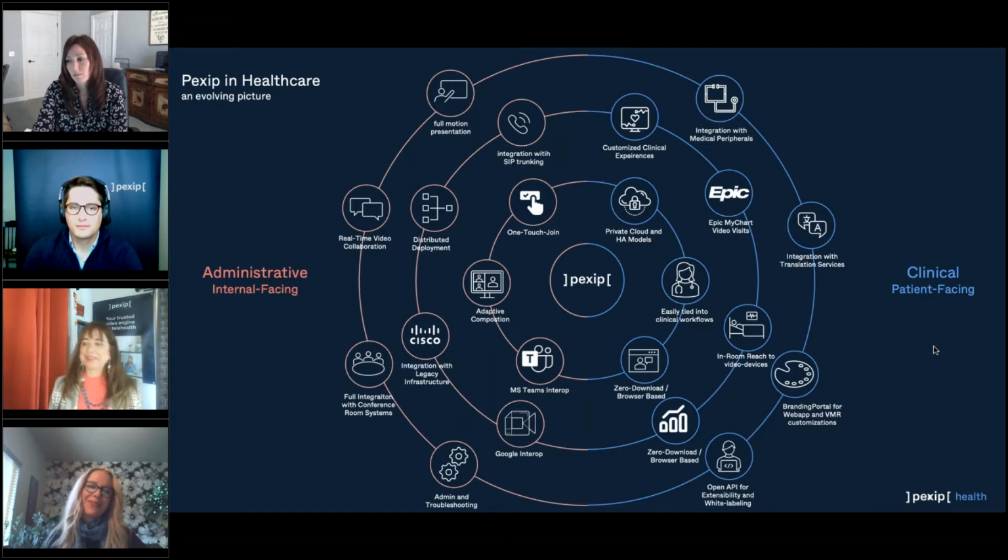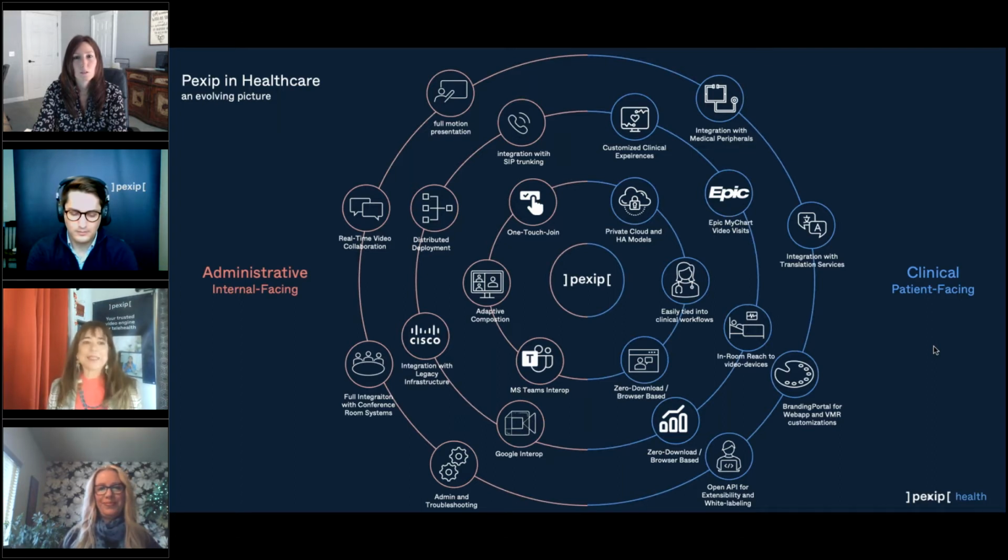Yeah, absolutely. And this is kind of a busy slide, and I'm happy to send it to anybody. Pexip does a lot of things on the administrative side as well as the telehealth, telemedicine side, and this kind of shows all of our touch points. But a question we always get is, how can Pexip handle all these virtual care interactions? I mentioned earlier about 50% that are conducted out there, and I've never heard of Pexip before.